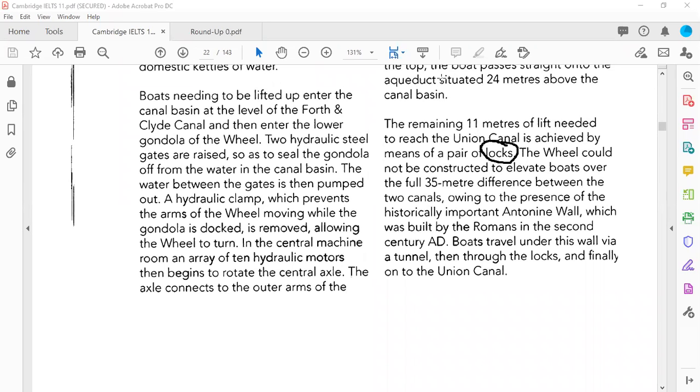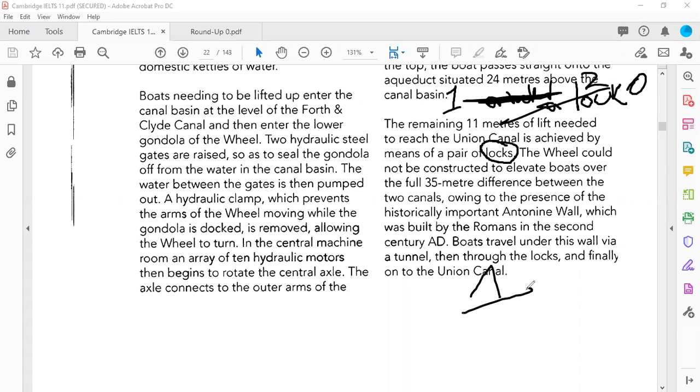In the test, if they ask for one word, do not say a lock. If they want one word, you only give them one word. Do not think it's a small word, this doesn't count. They count that as a word. That's two words. You will get 0. They asked you for one word, so you give them one word. Clear. All right.